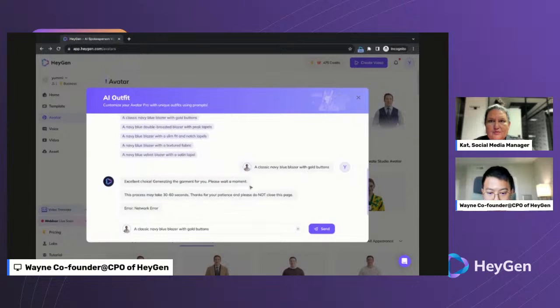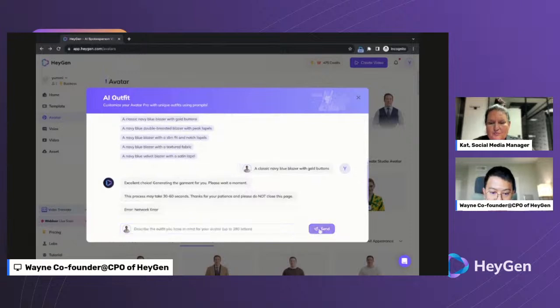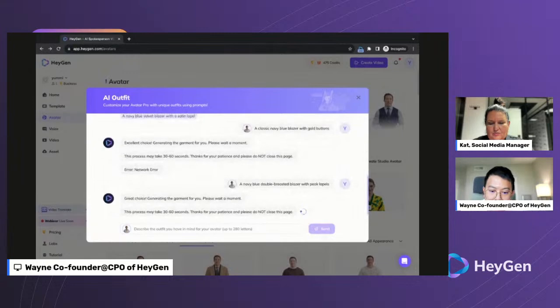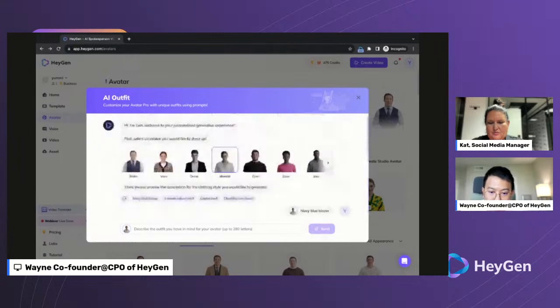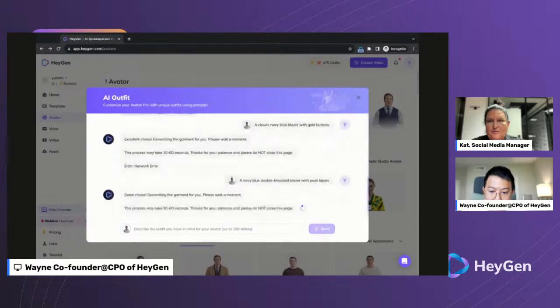But usually, once you submit your prompt and our AI helps you refine it, it'll start rendering. It'll start trying to draw this avatar with the new outfit you desired into a few new avatars that you haven't seen and did not exist before.